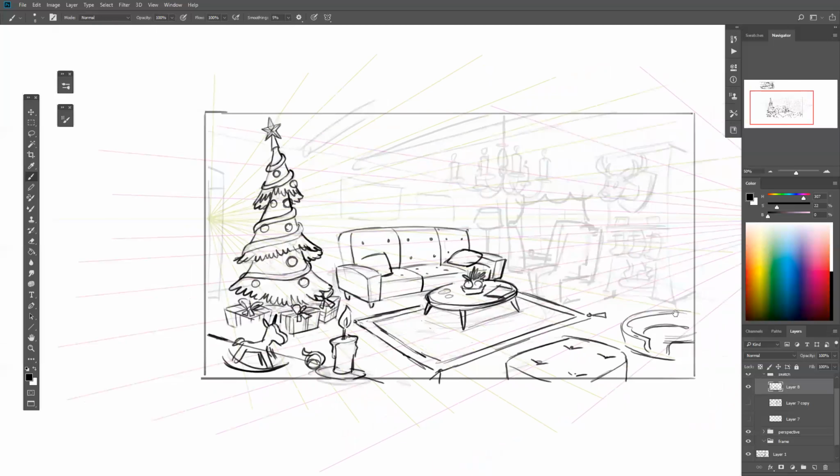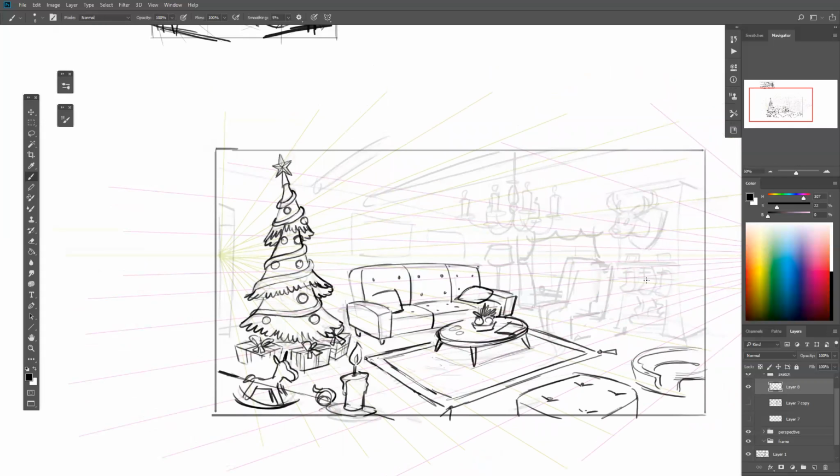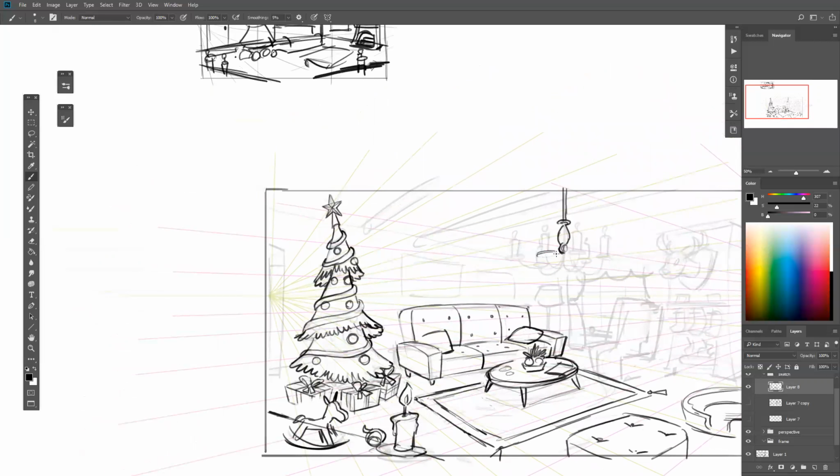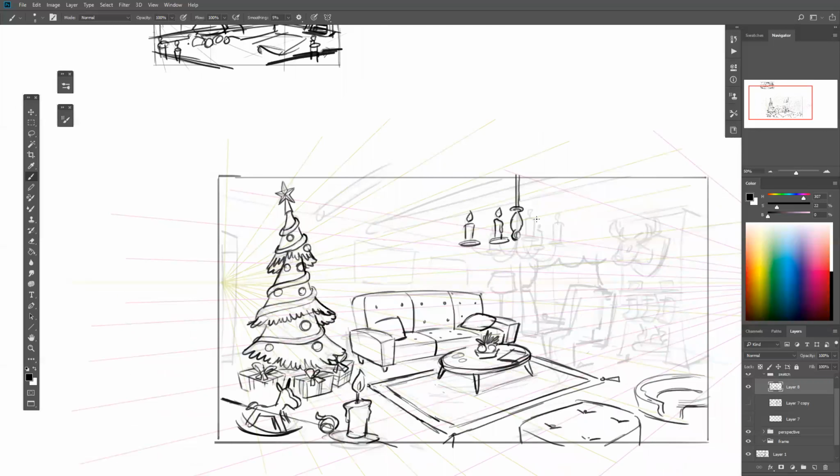Also, when you're in an art block, I would recommend just begin drawing something like this and try to add ideas until you have something you like. So here we are having these candles. Again, try to find some reference. And once you've done with this rough sketch, and you want to finalize it,